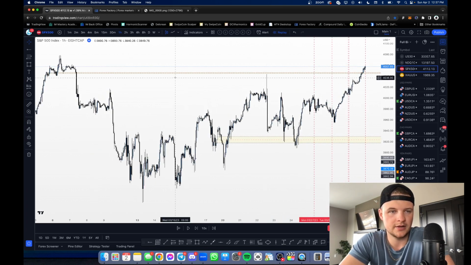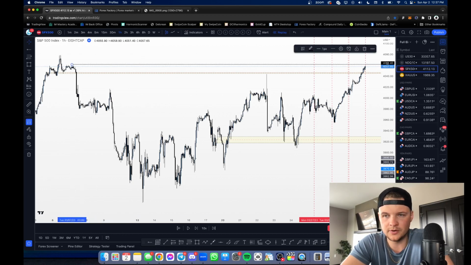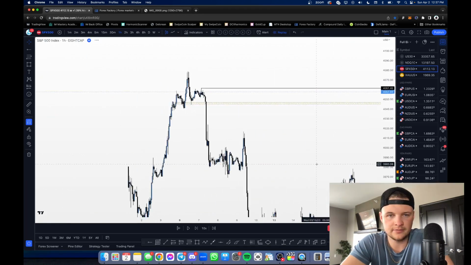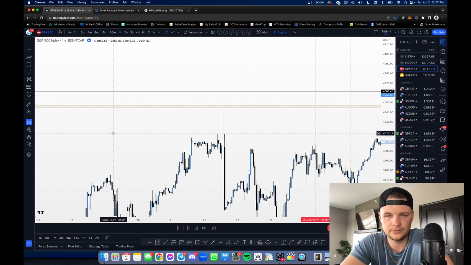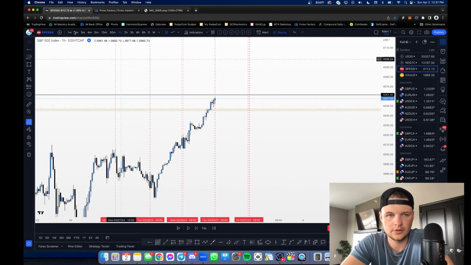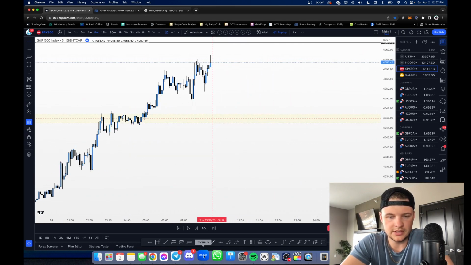Took this wick. And we're looking at, I was talking about this high right here, 40.61 buy side. And there was a fair value gap, a 1 hour fair value gap right above it. I'm not going to mark it, but you guys can see this is where that fair value gap was, right? All right, so let's drop back down. See what else I sent.